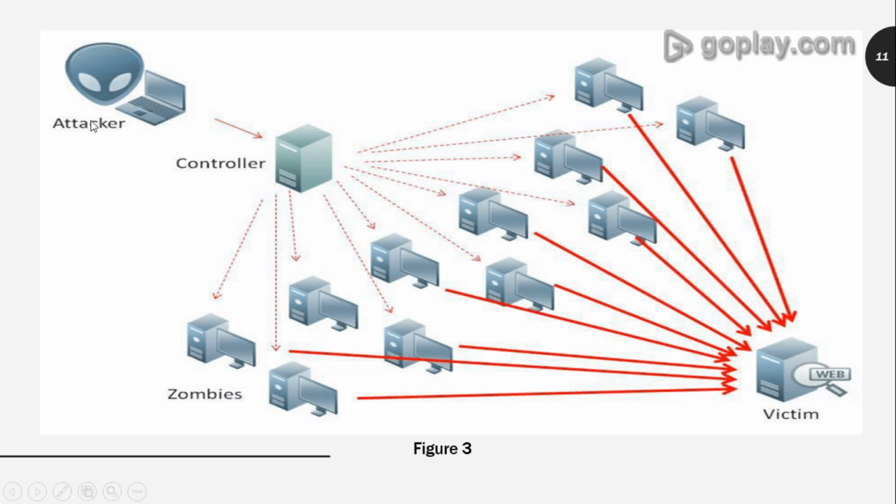So when the attack is launched, the attacker delivers a command to the command and control center. From there it is delivered to all the bots out there. And once the command is delivered, each bot launches a DOS attack on a particular target, server or website. The whole is termed as a DDoS attack. So this is basically how a DDoS attack actually happens in real time.